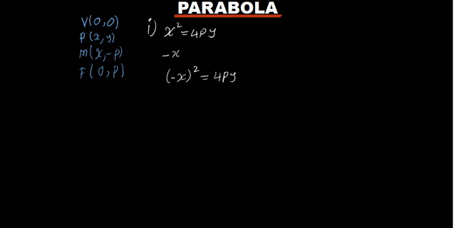What you're going to have is x squared equals 4py. When you replace x with minus x to check whether the equation is going to be changed or not, what you're going to have is the same, giving us a conclusion to say,